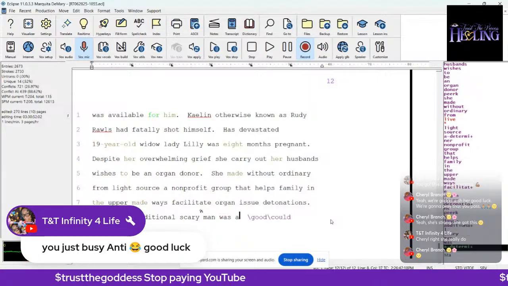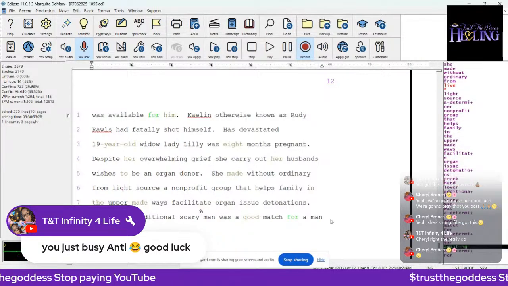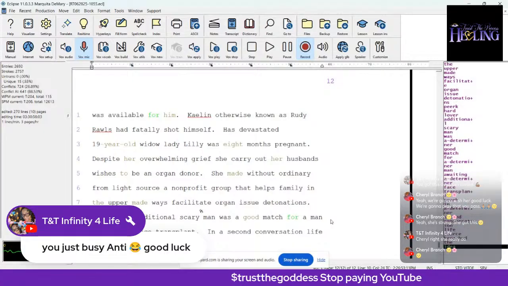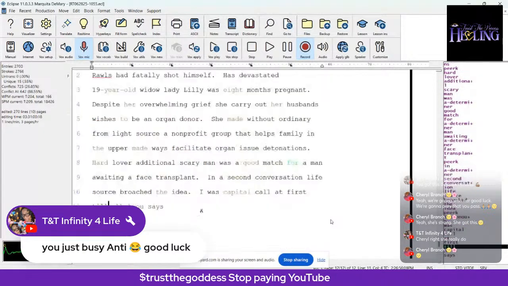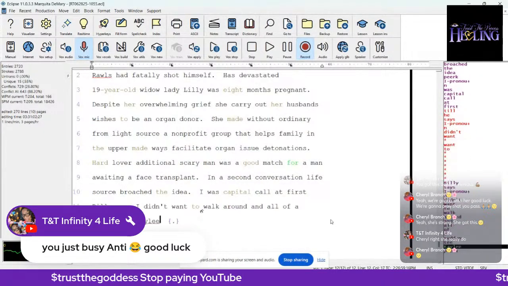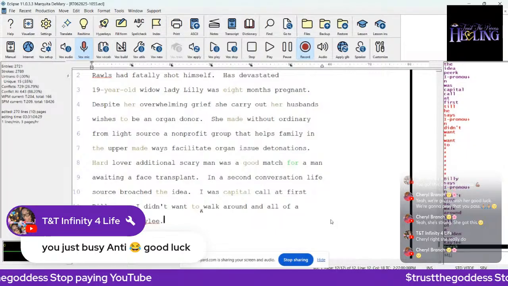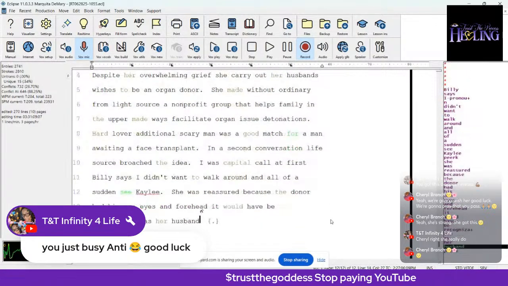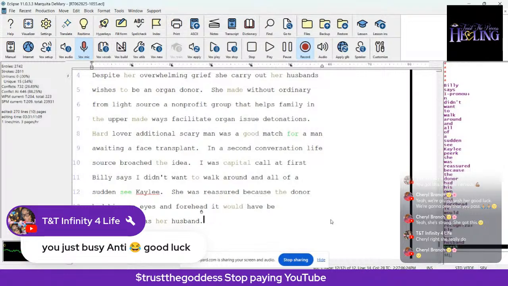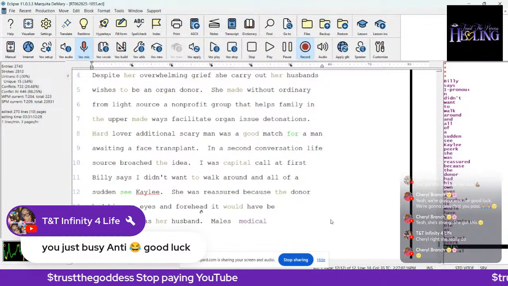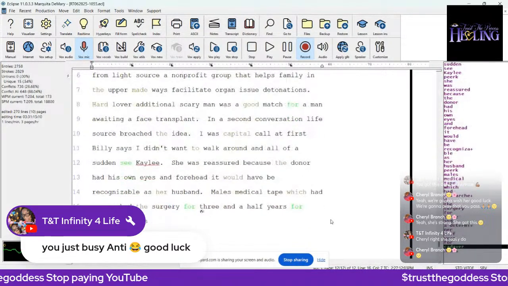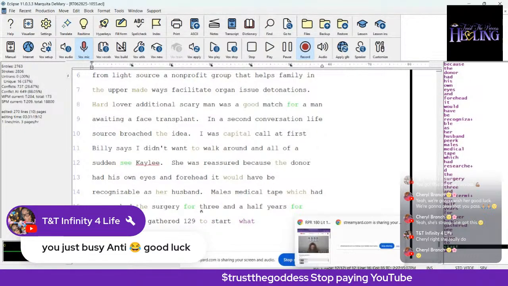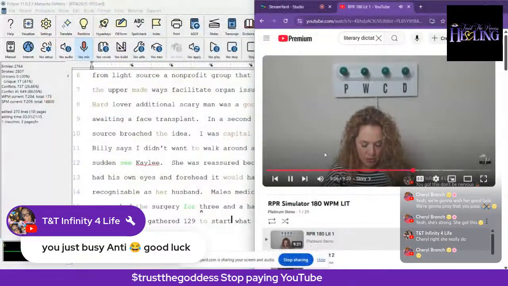In a second conversation, LifeSource broached the idea. "I was skeptical at first," Lily says. "I didn't want to walk around and all of a sudden see Kaylin." She was reassured because the donor had his own eyes and forehead and wouldn't be recognizable as her husband. Mayo's medical team, which had rehearsed the surgery for three and a half years with cadaver heads, gathered one June night to start the 56-hour marathon. It took about 24 hours to procure the donor's face, which